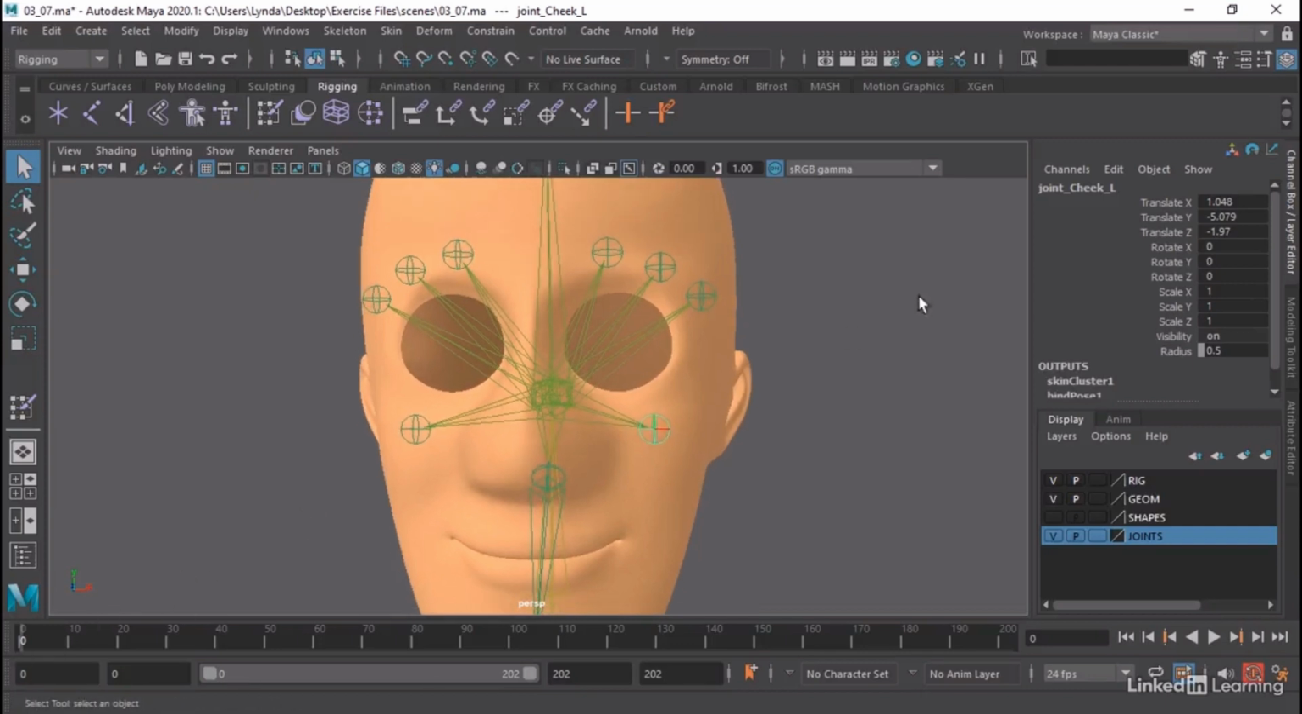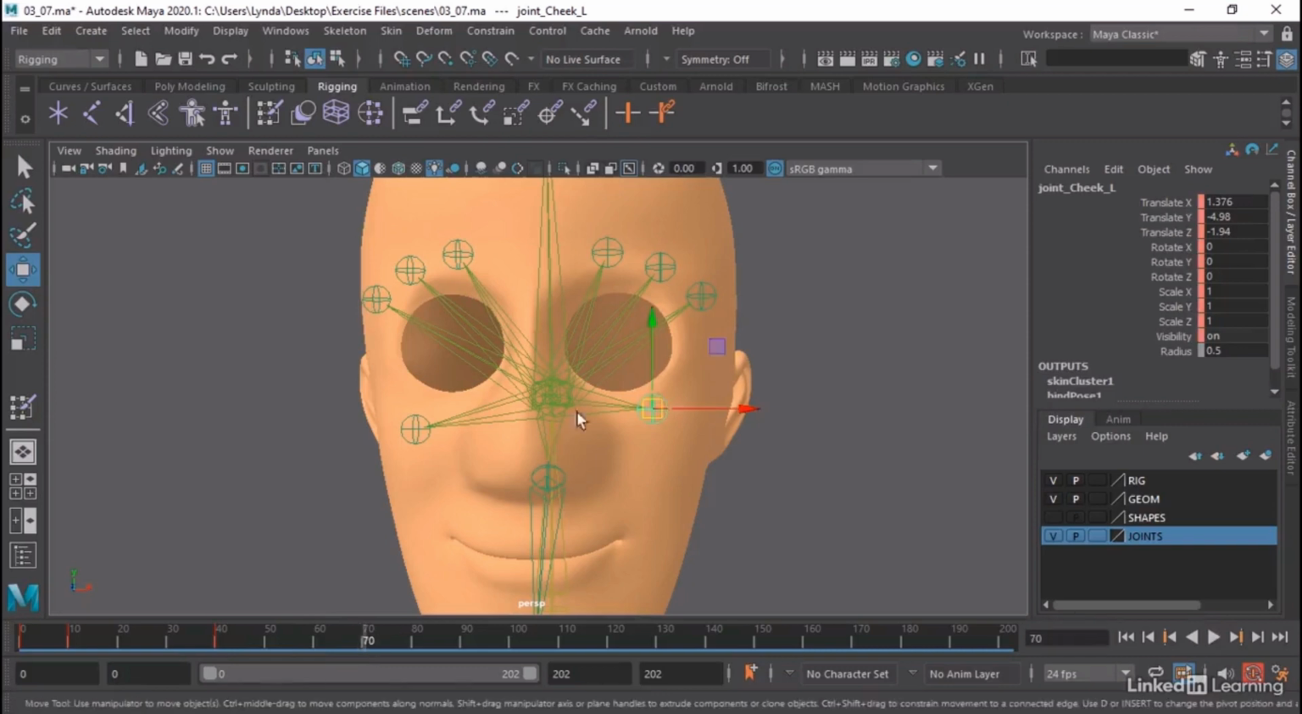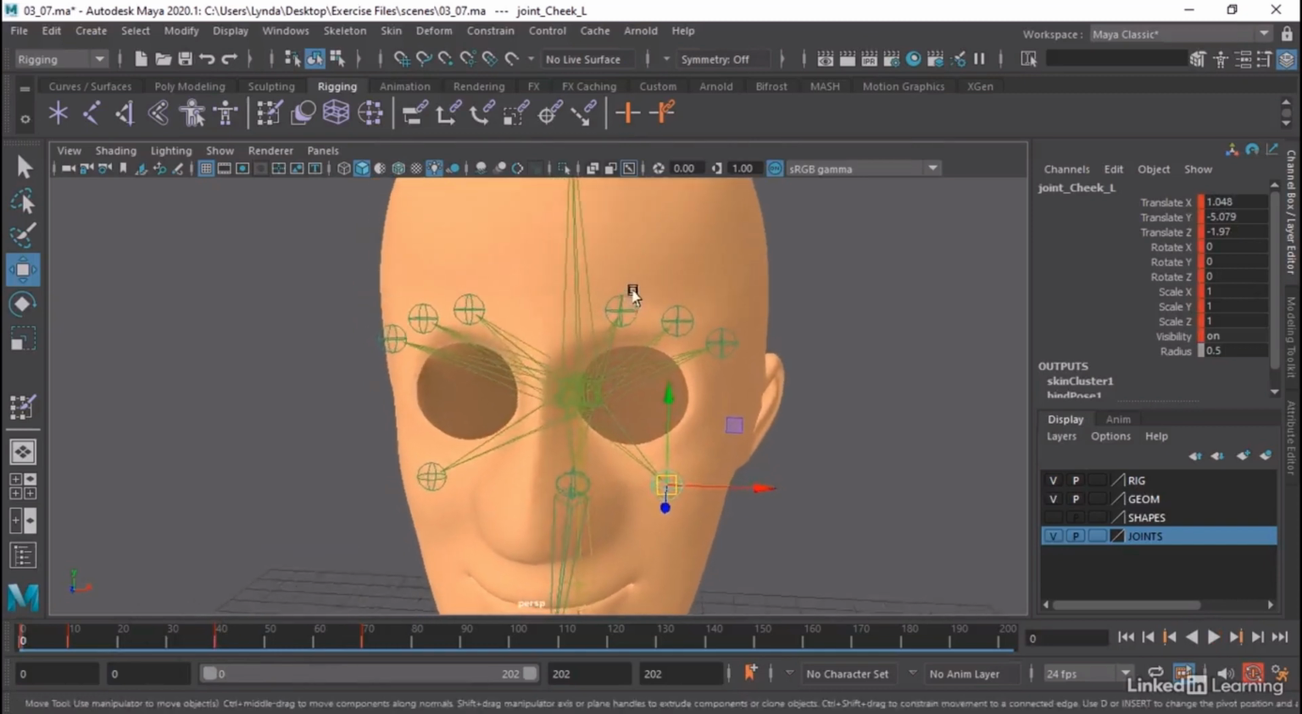So let's go ahead and select the cheek, set a key for that. And then I'm going to go say maybe to frame 30 or 40 here. And let's just go ahead and move that up. And make sure we have a key set for that. I'm going to go ahead and then move that down a little bit and set a key for that. So basically the motion that we're going to be working with is this and this. And then we can also do the same for the